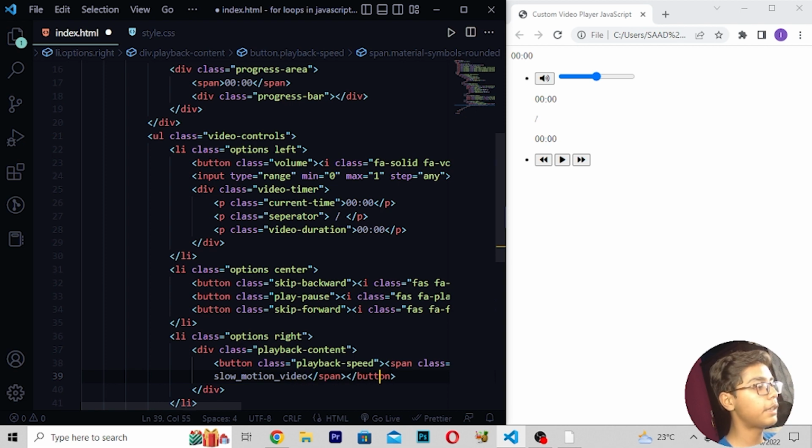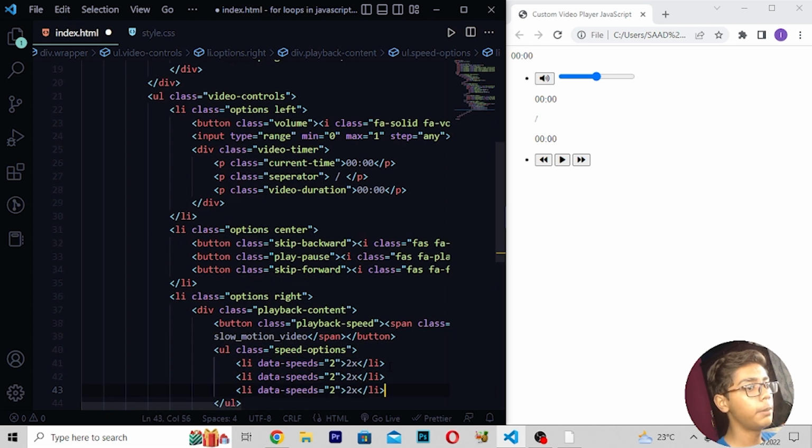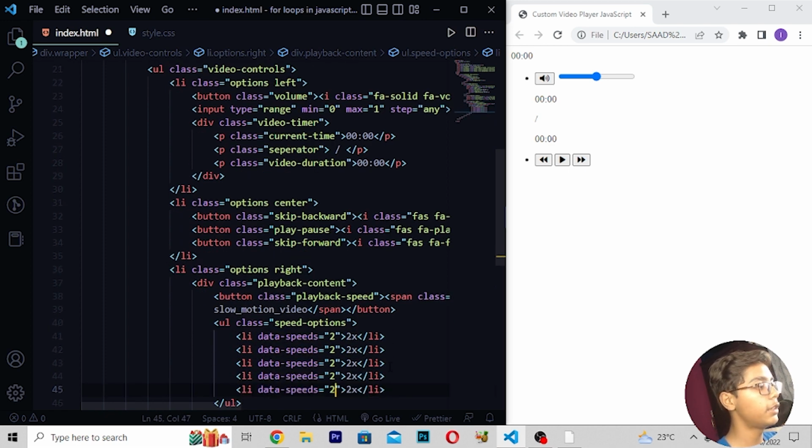Then I will be moving down, right here ul, and then right here class which will be speed-options like this. Then I'll be moving down, right here li data-speed equals 2, and right here 2x. Then you have to copy this. So after copying, here I'll be pasting it. Then here I'll be writing 0.5x like this.